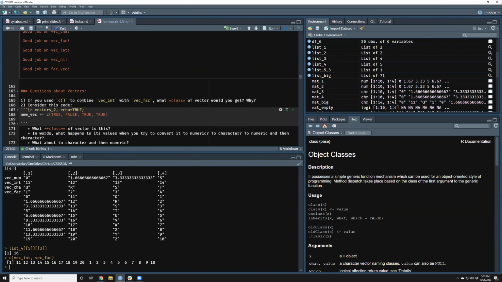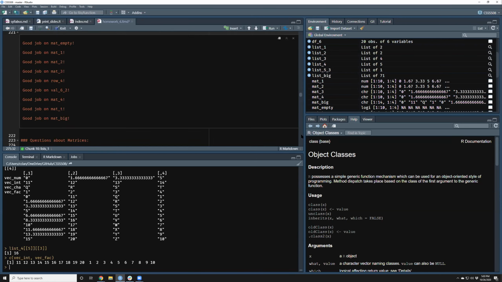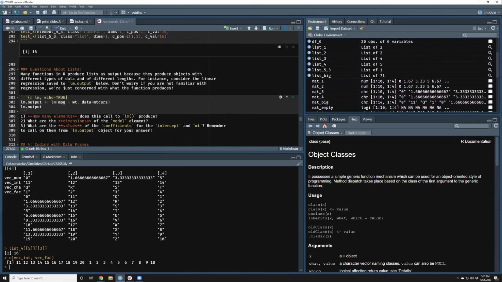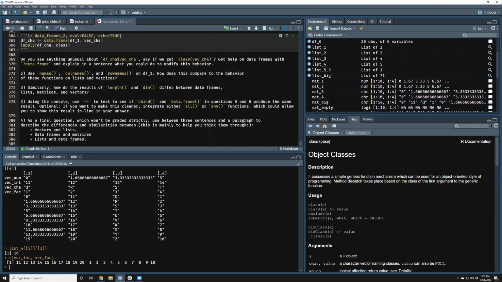Sorry, one last question on the questions of data frame, below data frame number 3. Can you explain quick what you mean by integrating either the all function or any function to have the results in line? Okay, so this is saying using equals to test to see if cbind data frame produce the same results.